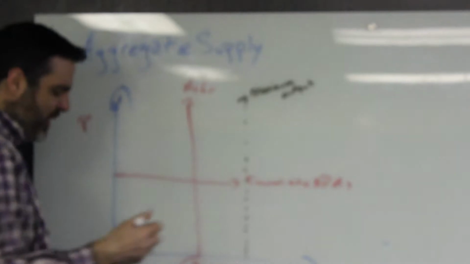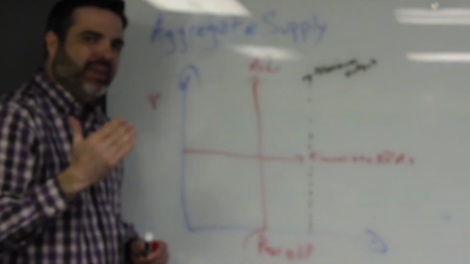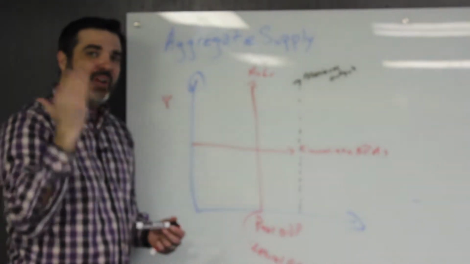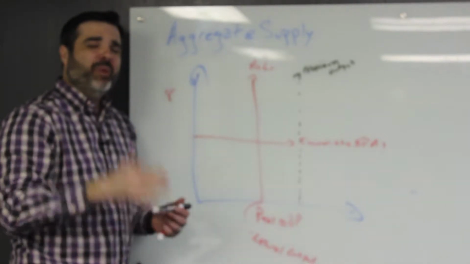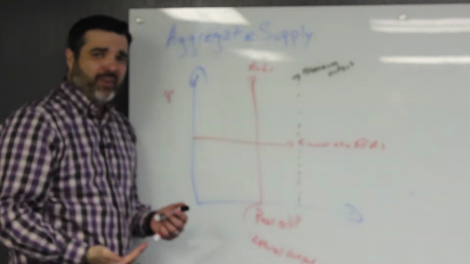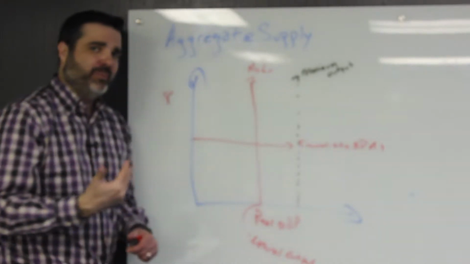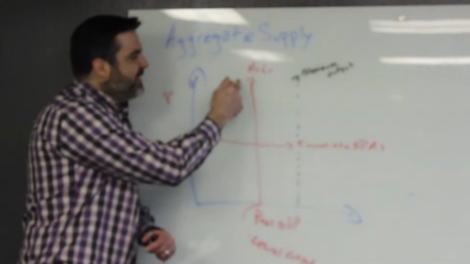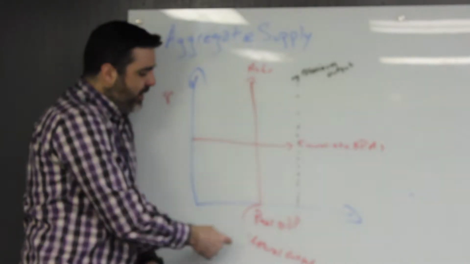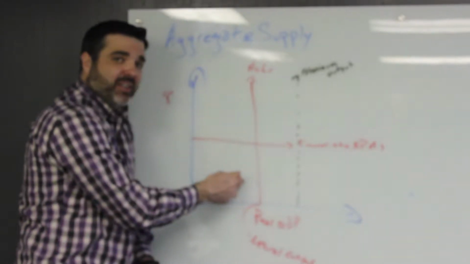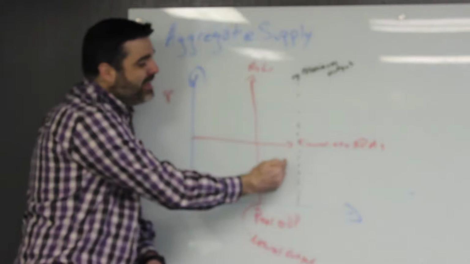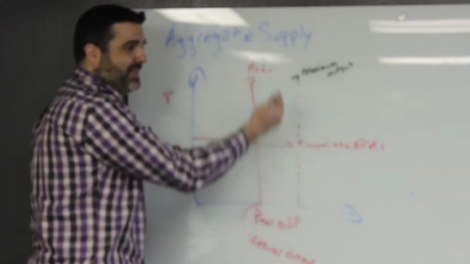And that's a little bit different than our production possibilities curve, because remember we said we could produce outside of our production possibilities curve. So we can almost imagine that this aggregate long run natural output is kind of our production possibilities curve. This is, hey, you can't go past this.